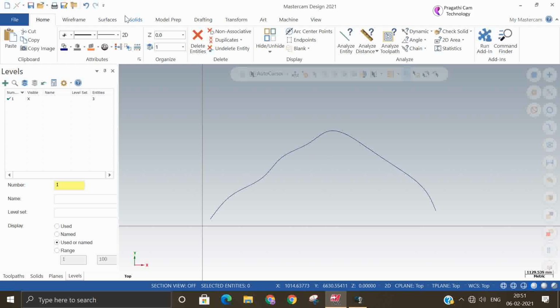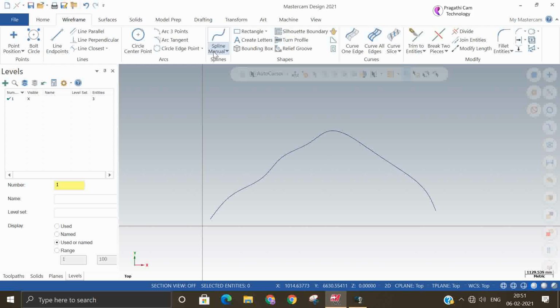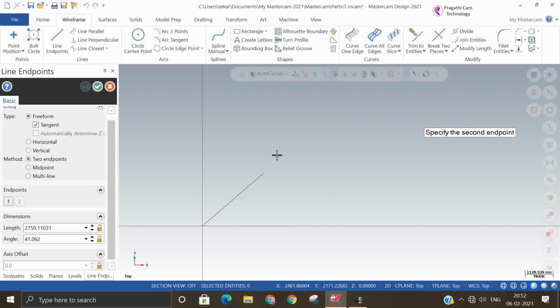Okay. So what is next is, now we have seen spline from curve. Next, I'll delete this. Suppose I have one line.